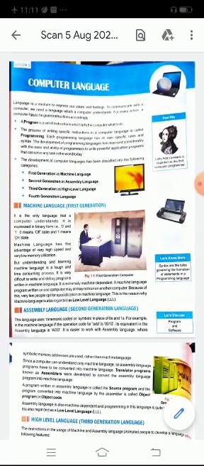Each computer language has its own set of rules known as syntax. Writing specific instructions according to that language's syntax is known as programming. The development of computer language has been classified into 4 types. They are first generation as machine language, second generation as assembly language, third generation as high level language, fourth generation language.